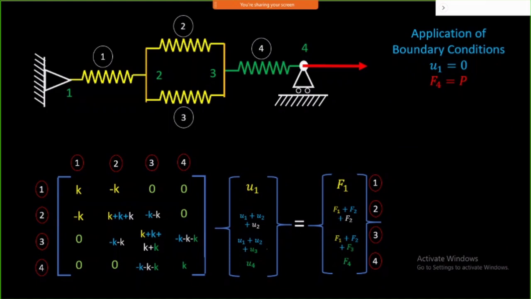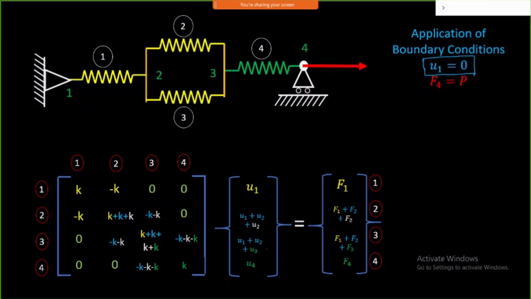In the penalty approach, we are going to give some penalty to a particular node. What is the penalty for? For this node, the displacement is 0. That should somehow be reflected in your equation. How can we reflect that displacement? My u1 value should result in 0 all the time. And if that u1 value is not resulting in 0, it means somewhere we are making a mistake and not getting a proper solution.